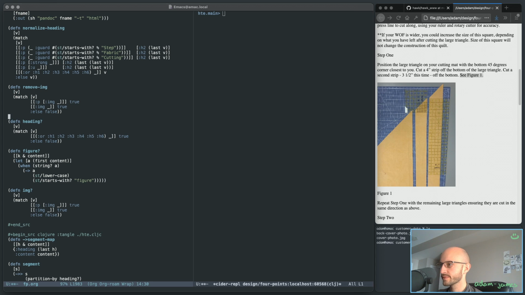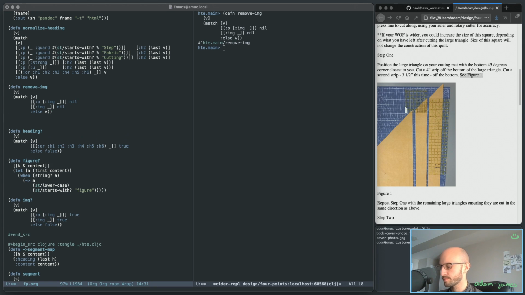So all I need to do is, so I'm given a vector, which is going to be a hiccup data structure. If it's this, I want to return nil. If it's this image tag, I want to return nil. Any other case, I just want to return the vector. So using these things, I can build a